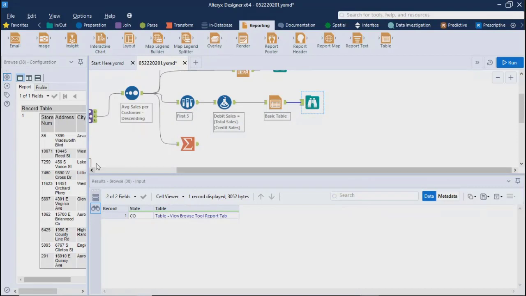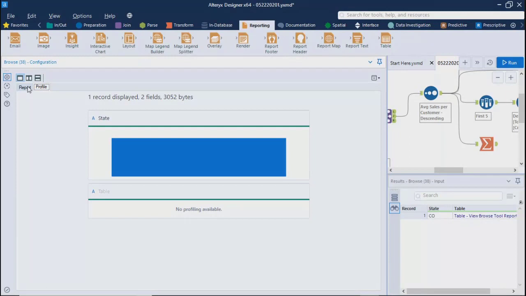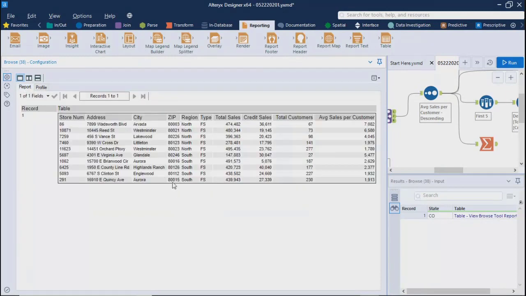And then you can see your table that it is creating over here: store number, address, city, zip, region, type, all these things. It's a simple table only.